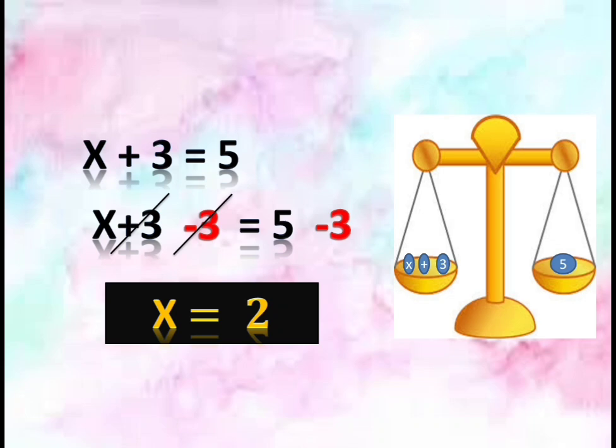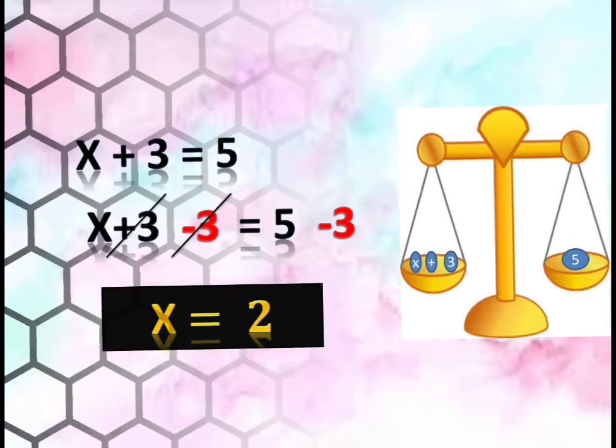And how can I check my answer? My answer is right. Why? Because if I remove x and exchange x with 2, 2 plus 3 equals 5. Let's see another